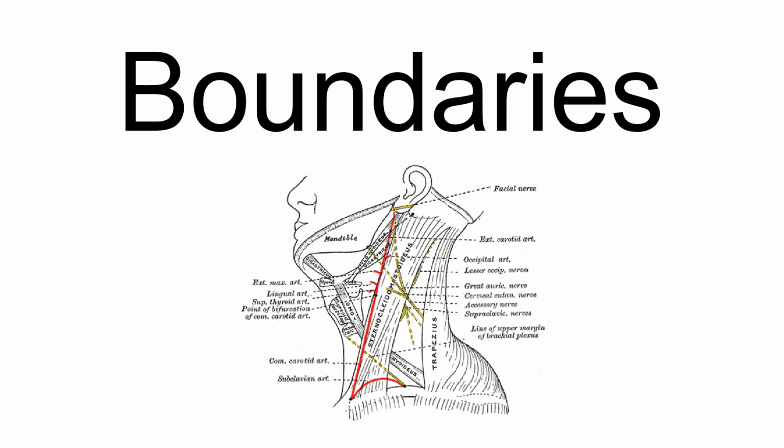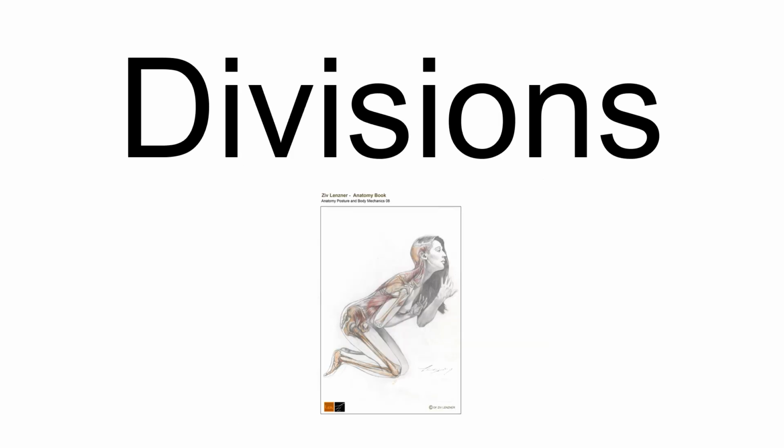Roof: investing layer of the deep cervical fascia. Floor, from superior to inferior: 1. M. semispinalis capitis. 2. M. splenius capitis. 3. M. levator scapulae. 4. M. scalenus posterior. 5. M. scalenus medius. The posterior triangle is crossed, about 2.5 centimeters above the clavicle, by the inferior belly of